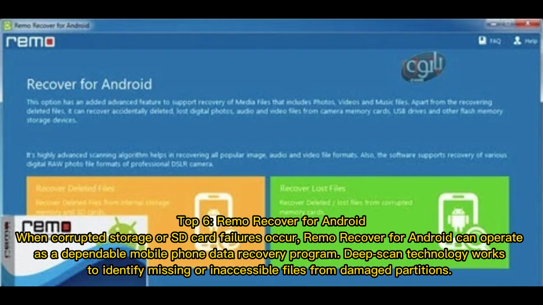Top 6. Remo Recover for Android. When corrupted storage or SD card failures occur, Remo Recover for Android can operate as a dependable mobile phone data recovery program. Deep scan technology works to identify missing or inaccessible files from damaged partitions,